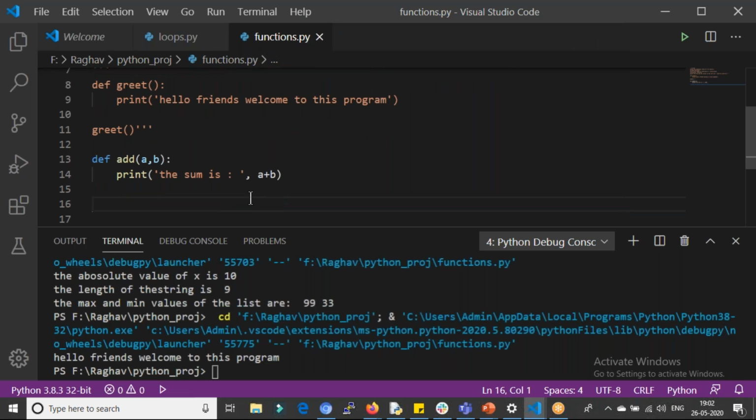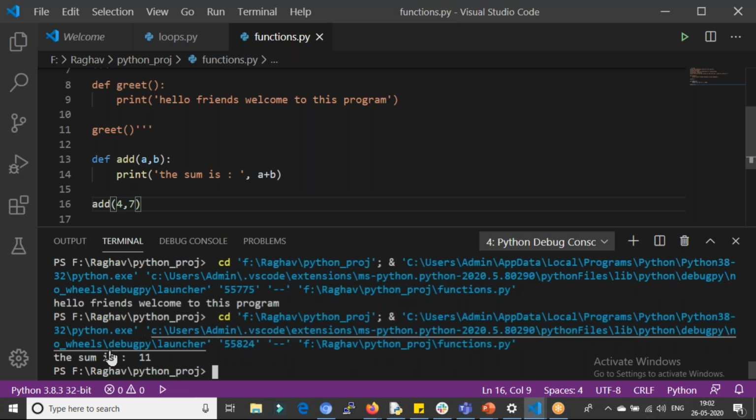Now I'll try to call the function. I'll say add 4 and 7. So what's the answer? 4 and 7, 11, right? If I do this, I got the function's output as the sum is 11, and that is true, right? 4 plus 7 is 11. So what am I doing out here?